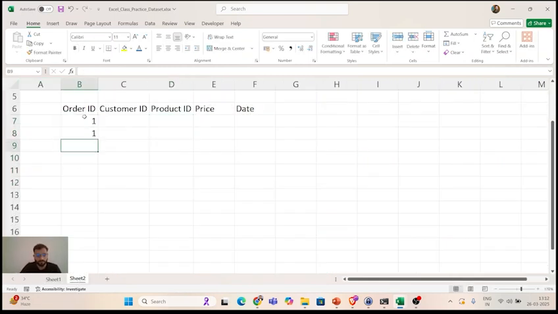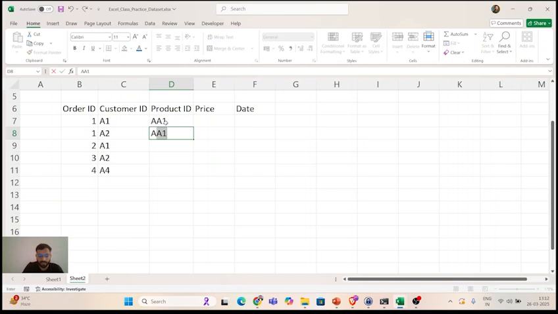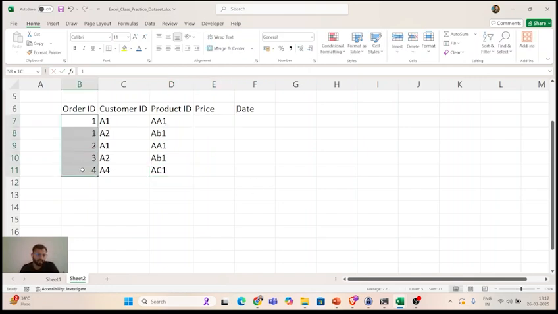Let's say order ID is 1, 1, 2, 3, 4. There are these three orders, 3, 4 orders. Customer ID is let's say A1, then again A1, then here it is A2, then A3, then A4. Correct? And then let's say they ordered phones, with product IDs, let's say A1, then AB1, then AA1, then AB1, AC1. Correct? These are the product ID and other columns. What do you think? In the order ID column, are duplicate values allowed? The answer is yes and no, depending upon the granularity of the data.